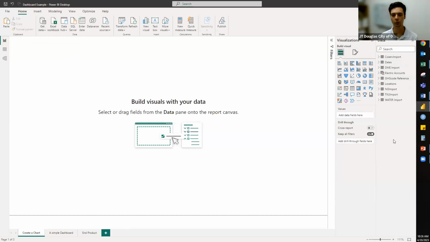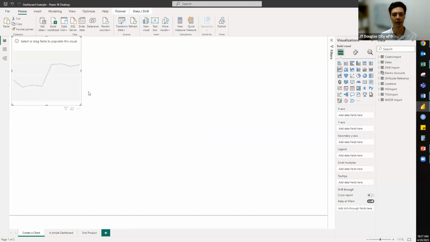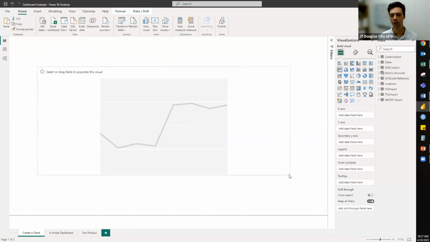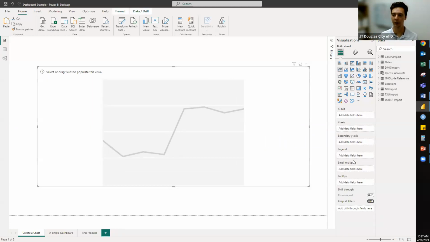And so essentially what we're doing, if you've ever worked with pivot tables at all, this is just very, very visual pivot tables. So let's take a look at the water example from earlier in the presentation. So I'll just tell Power BI here that I want a line chart, and I'll have it take up the whole page. And as you can see here, now we've got our options for x-axis, y-axis, and then maybe we want a legend in there as well.